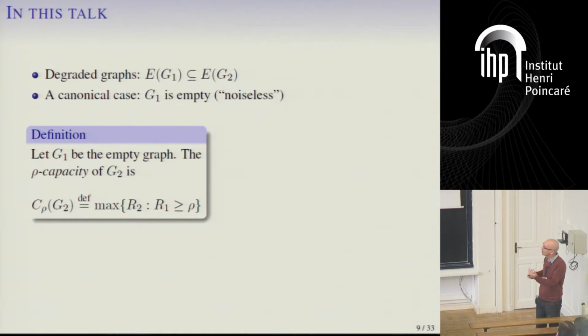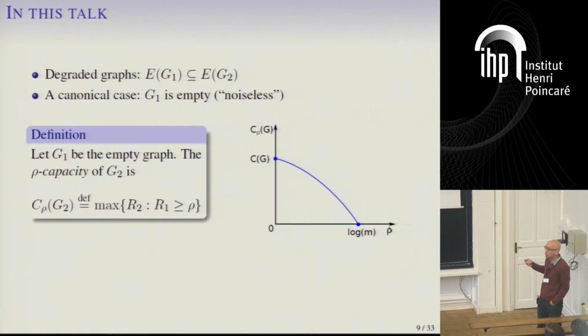So this gives rise to a very natural quantity, which I'd like to call the rho capacity of a graph. What is the rho capacity of the graph? The rho capacity of G2 is simply the maximal rate that it can receive and decode with zero error, under the constraint that the good receiver gets a rate of at least rho. So I'm transmitting at rate rho to the good receiver, the one that sees the input noiselessly, and I want to maximize the zero-error rate that I can give to the bad receiver. So this is C rho of G2,